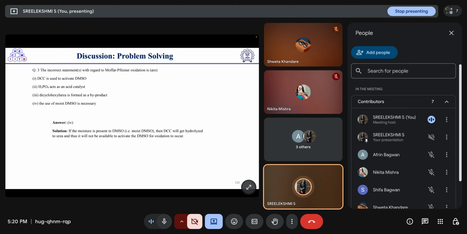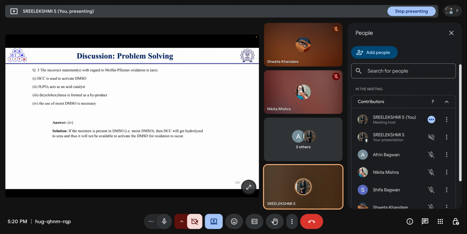In all the mechanisms which involve DMSO, the first step is usually an electrophile or an electrophilic source. Here it is DCC, or in some cases oxalyl chloride, or in some cases the pyridine SO3 complex or acetic anhydride. So the first step is the same for all: DMSO is activated using whichever electrophile we are using. Then in this Moffatt-Pfitzner oxidation, H3PO4 acts as an acid catalyst, and since DCC is used, dicyclohexylcarbodiimide,